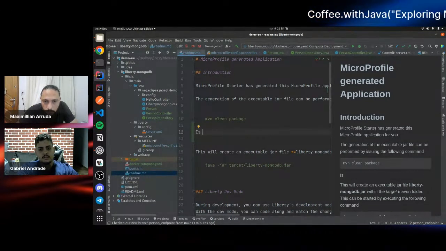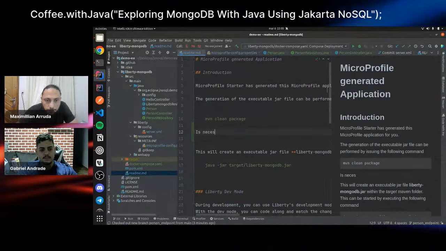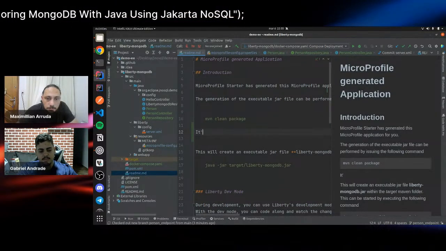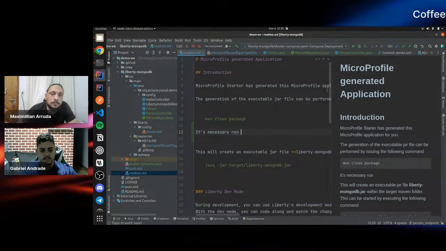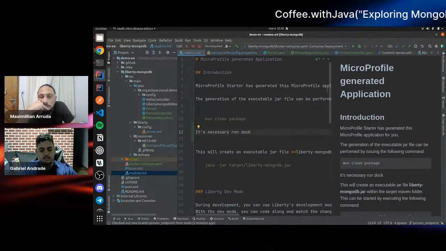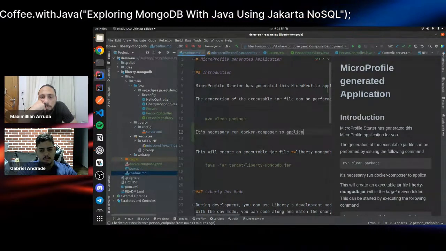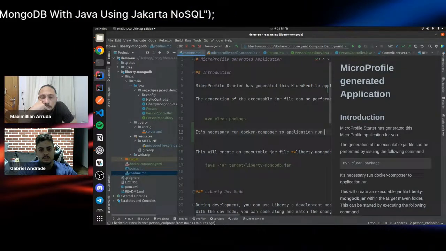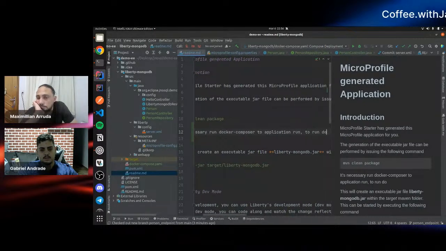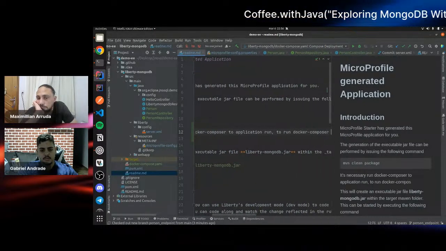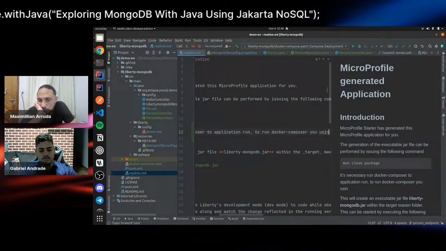It's necessary to run Docker Compose for the application to run.